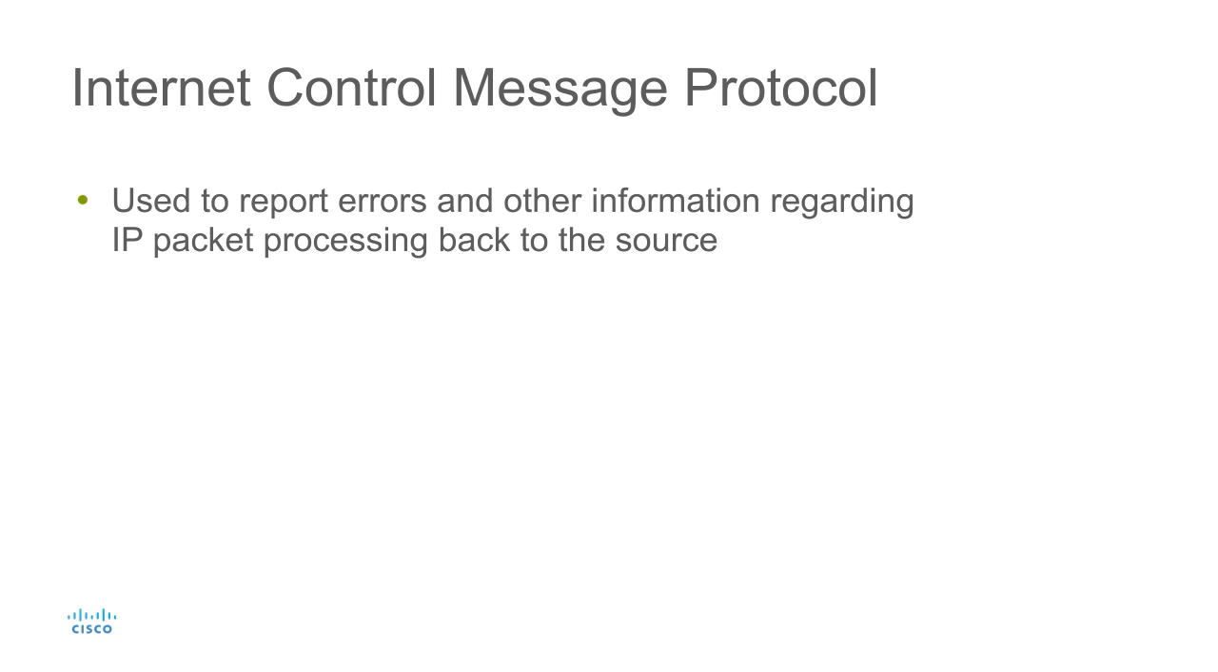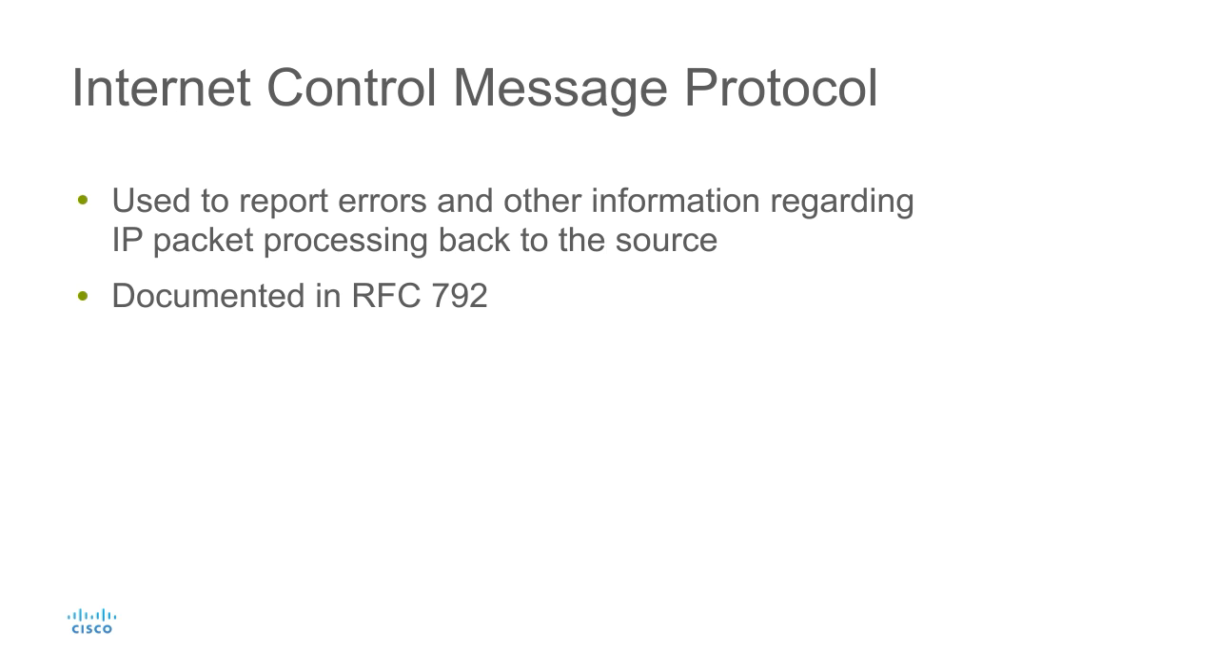So the ICMP protocol, or Internet Control Message Protocol, is a protocol that we use to provide information to us. It reports errors to us. It lets us know if something is reachable. This is documented in RFC 792, and most of us recognize ICMP as what we use to ping